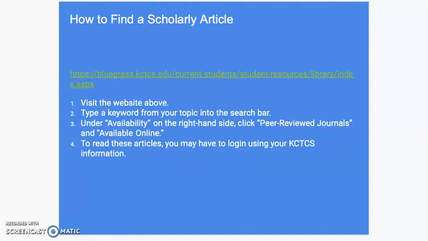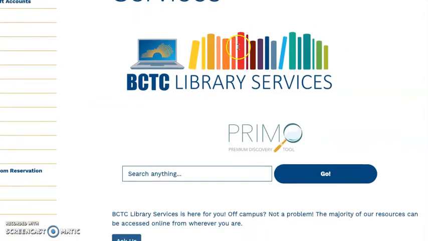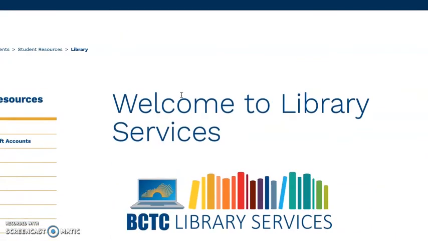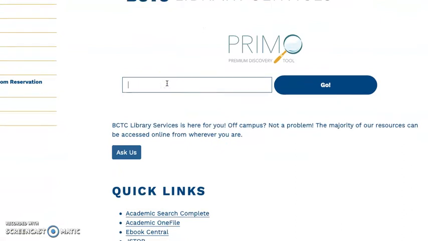Okay, so actually doing the work of finding a scholarly article, where do we do that? I discussed this in that introduction to research PowerPoint, but I wanted to review it with you. So you go here to the library website. And you'll see this box here that says search anything on Primo. This is where you can search your topic. So let's say my topic is climate change, and it will come up for you